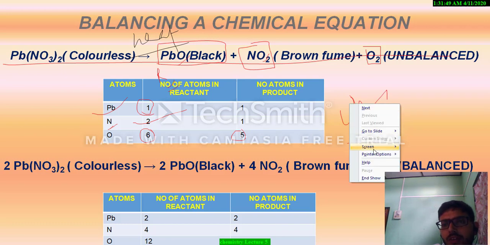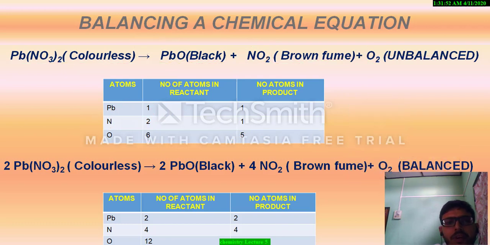Now we are going to balance it. So let us see first. You see the total number of oxygen is here 6, and here the total number of oxygen is 5. Since the oxygen is more in number, let us first try to balance oxygen. Now how can you balance this oxygen? Since there are already 6 oxygen,